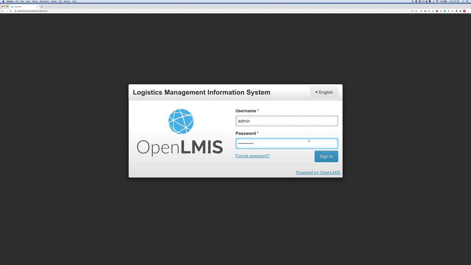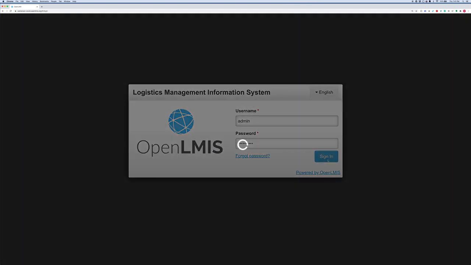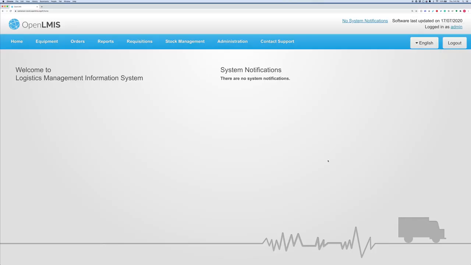Once you've entered the username and password, click Sign In. That will bring you to the home screen. From the home screen, you'll have a number of options on the navigation bar at the top of the screen,